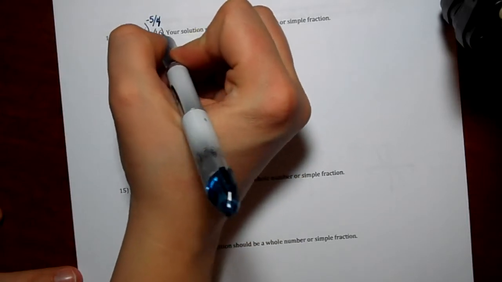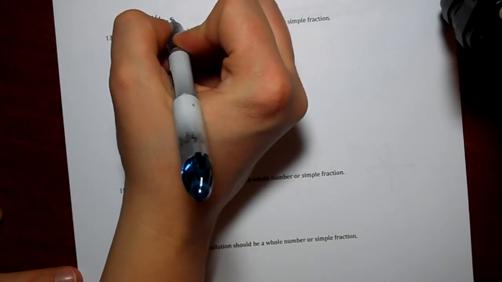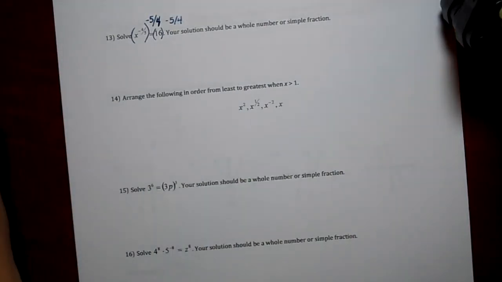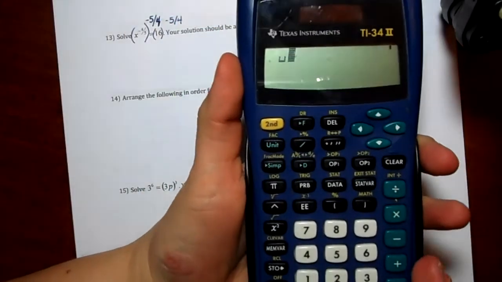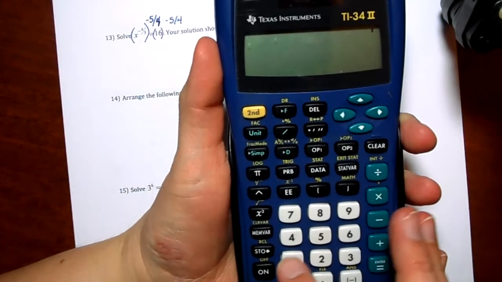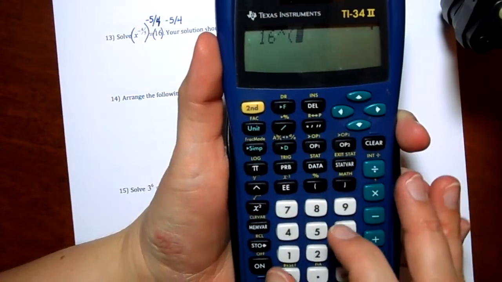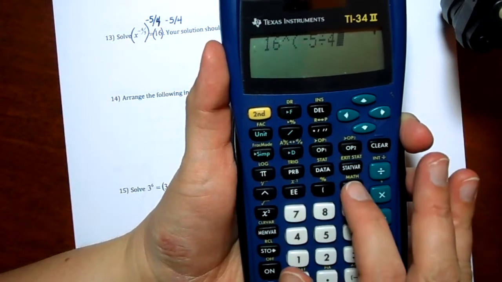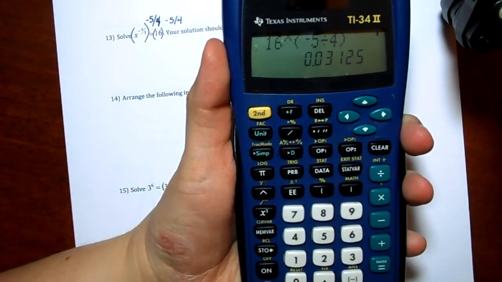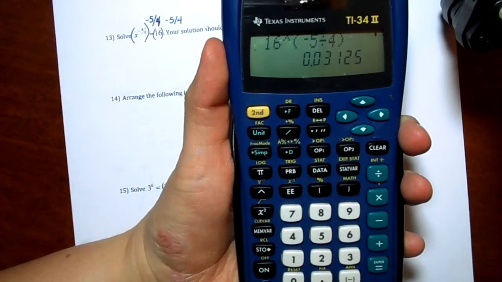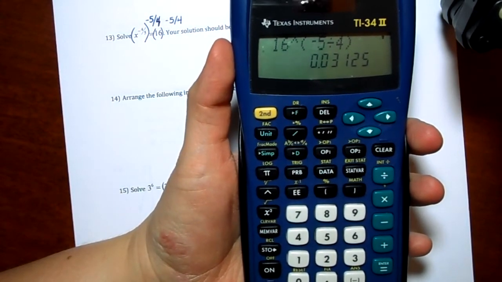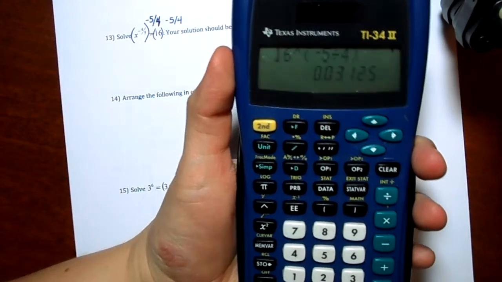And that means I'm doing 16 to the power of negative 5/4. So in my calculator, I'm going to type in 16 to the power, and then in parentheses, negative 5 divided by 4. Notice I get this decimal, 0.03125. I don't expect you to know what fraction that is off the top of your head, but do notice